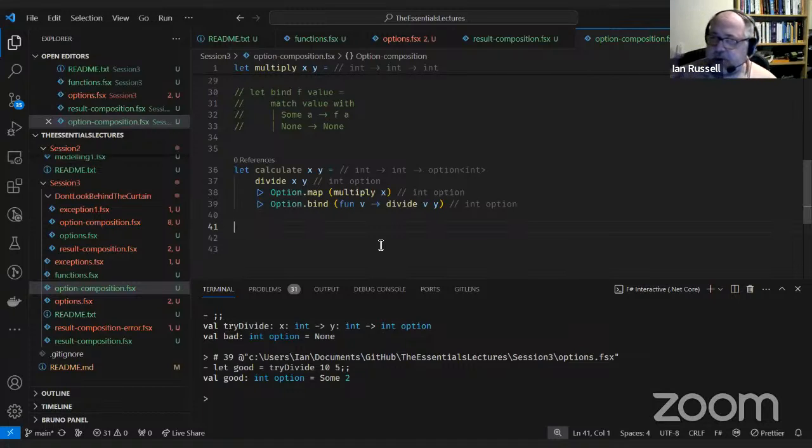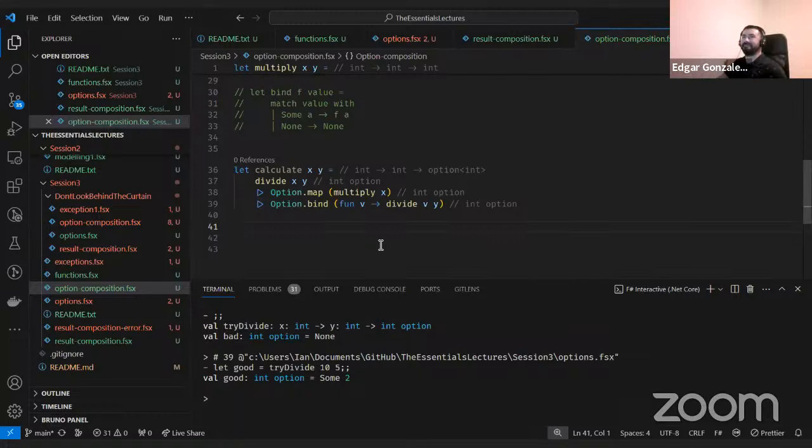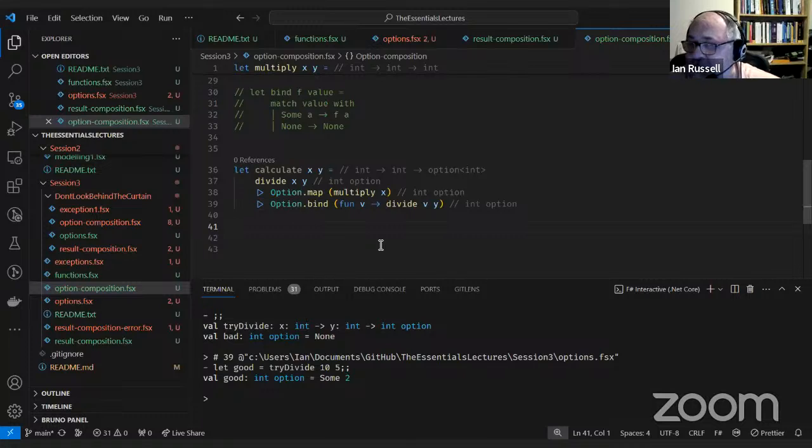Because once you start to understand this, then using functions like map and bind allow you to combine them together quite easily. Even though I've done it quite clumsily today, partly deliberately, just to show that the compiler helps me along the way. But sometimes the steps in between actually make it harder.